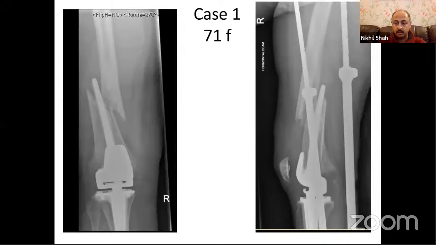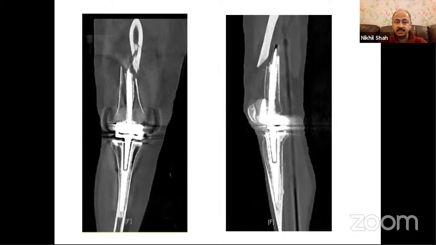The question to ask in these fractures is very similar to what we ask in the hip. Was the knee a happy knee? Was she happy with that knee, or was she not happy with that knee? In other words, was the prosthesis stable or not stable? Because that will decide whether you want to revise it or you want to try and fix it. So we find a CT scan quite helpful in these cases, because they show you quite nicely that the prosthesis is still well fixed. It also shows you that the long spiral fracture extends much beyond what you think you can see on the X-ray. So based on this, a decision was taken that I could probably fix it.